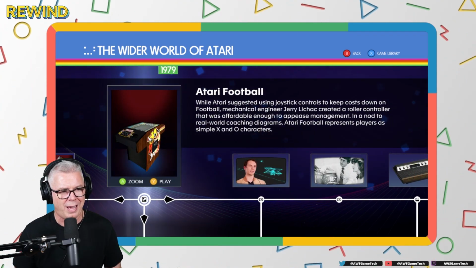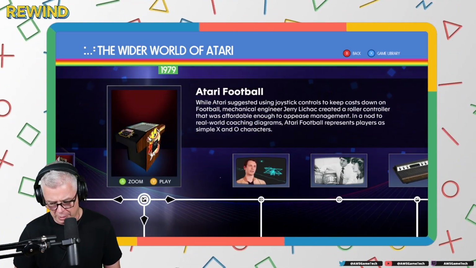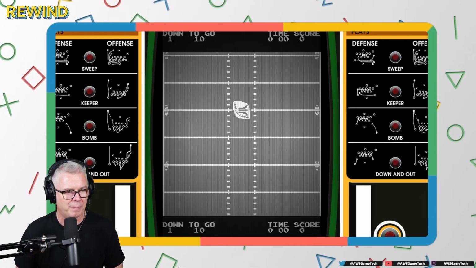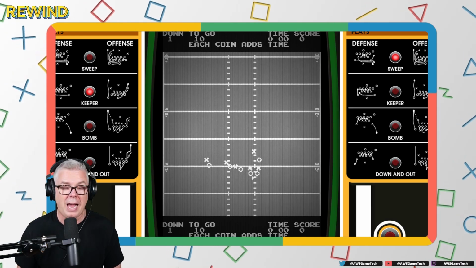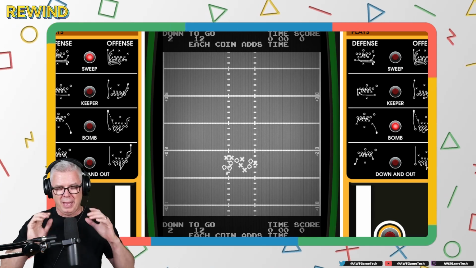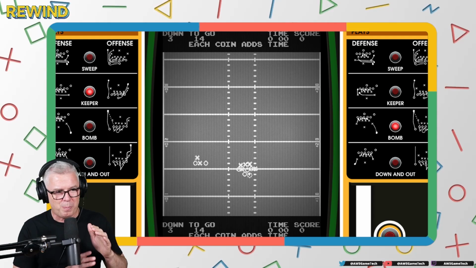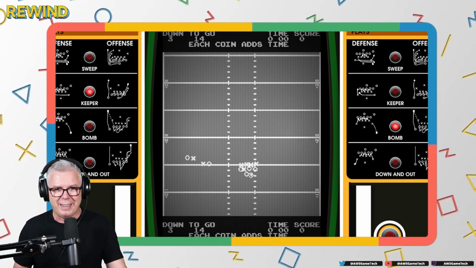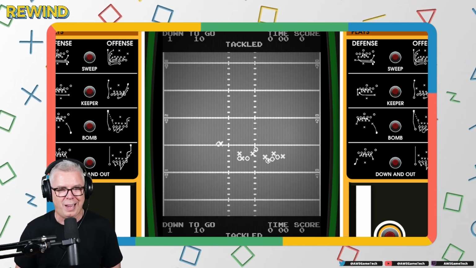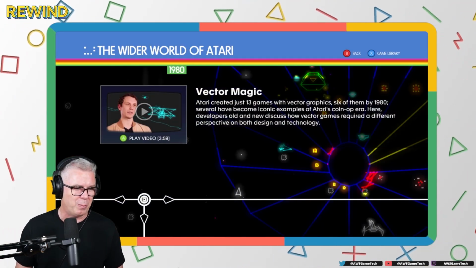All right, Atari football. Now, we're not really going to go ahead and play this one just because it's football. But I'll show you, it's X's and O's football. So I'll show you what it looks like. Now, the one thing about this, it really did require a trackball to play. And it was this giant trackball. And the problem playing this game, I remember, is you had to move it so fast that sometimes you'd pinch your skin between the ball and the side of the cabinet, and it would hurt like hell. So, yeah, this is Atari football. It's great that it's in here, but it's not one that I would personally go back to all the time.